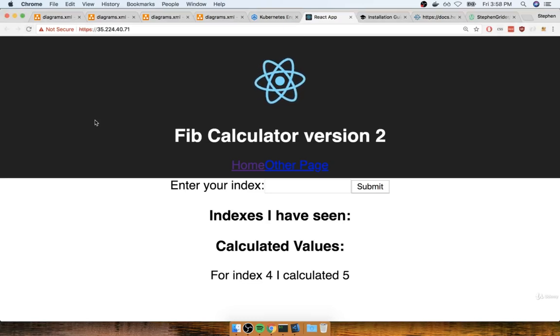In the last section, we were able to verify that our deployment worked successfully, and so I now see my React application on the screen. Now we still got a couple tasks ahead of us. The first thing I want to do is give you a really rock-solid workflow for making updates to your application